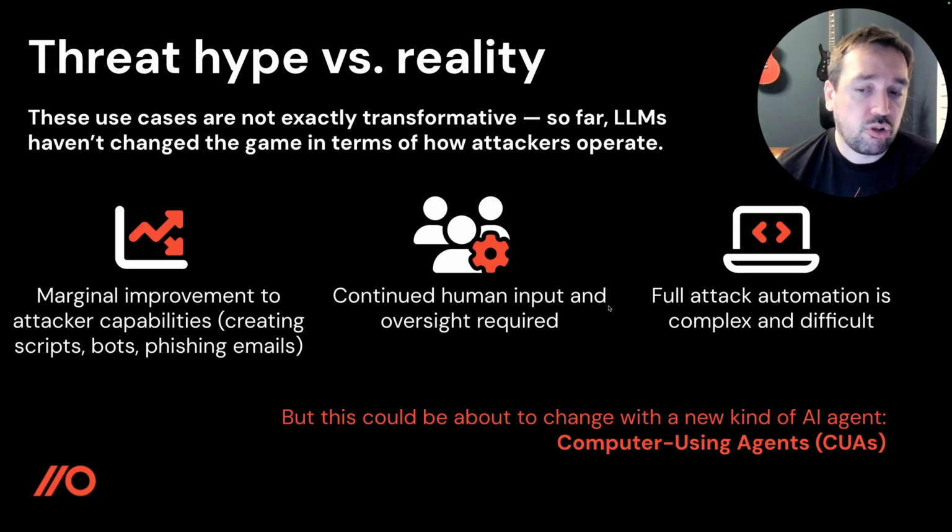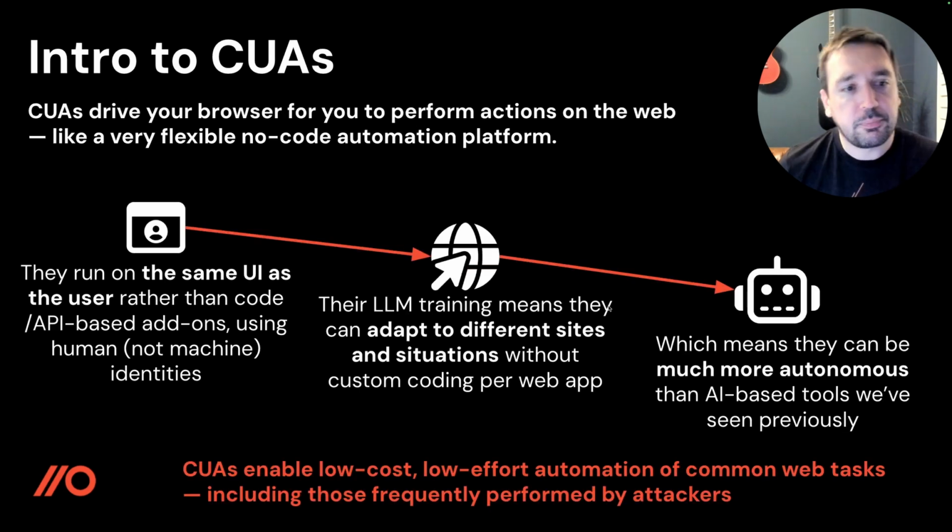But I think that could change with computer using agents, and we'll see why. I think until now, LLMs have maybe transformed more the disinformation bot space, because they are primarily based around text. That's the side where there's been a lot of focus. We've seen that on lots of social media platforms, lots of different information being used to influence people in different ways. That's been spread and enhanced through automation, through bots and through comment sections and interactions with other users, but less so full scale, full chain cyber attacks.